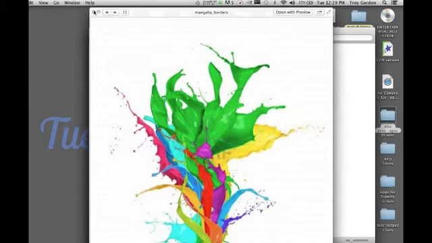So with these, the Quick Look is a really nifty tool. Makes it very efficient for you to look at those files that you specifically want to look at, see them nice and big,